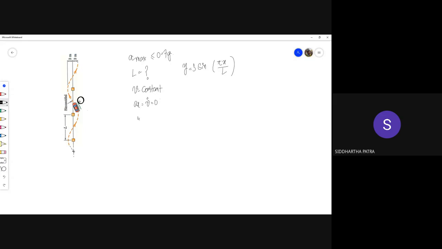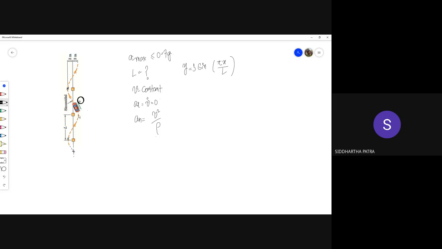Okay, so the only component of acceleration that you have is an, which is v squared divided by rho. Now, where is the radius of curvature lowest? If v is a constant, you can check that that quantity is lowest at one of the